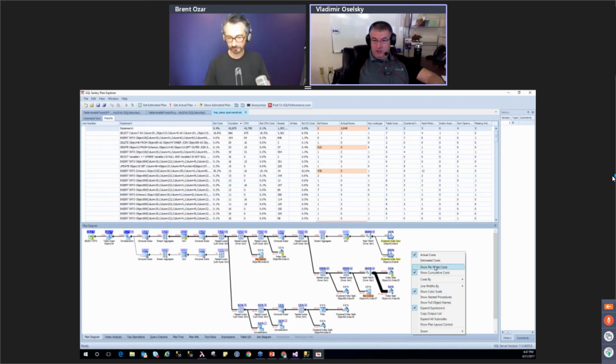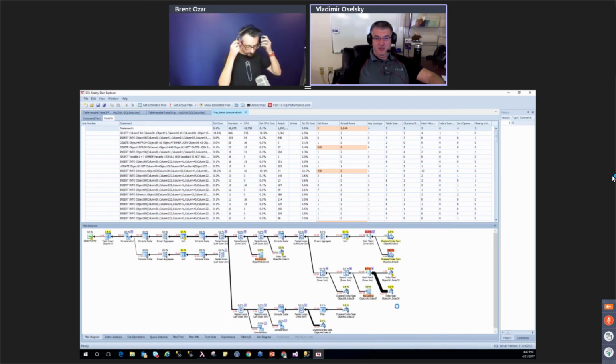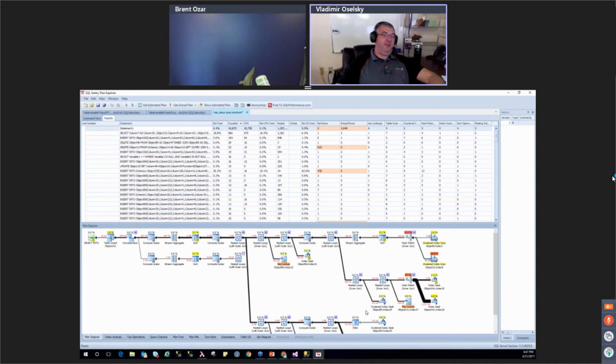So let's change it back to per node. Let's see, line width, or we can change it to data size. So with a single click, just making very simple changes, now we're looking at total data coming back instead of number of rows.